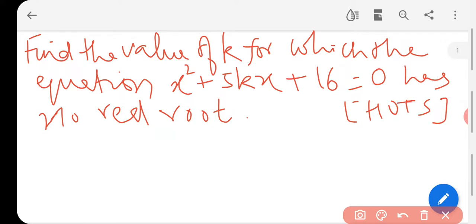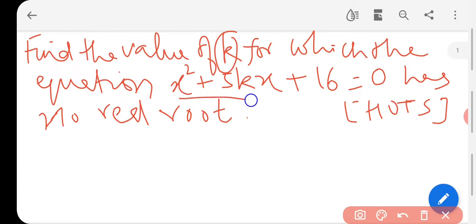Okay, and this is one of the important questions, as CBSE bifurcates the students' exam in two ways, standard and basics. So this type of question will come in the standard examination question paper. Okay, so first let us understand the concept of the question. What we have to do, we need to find out the value of k.